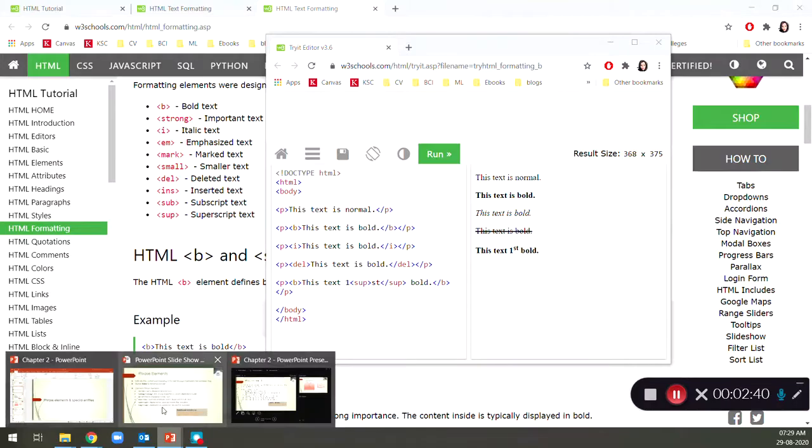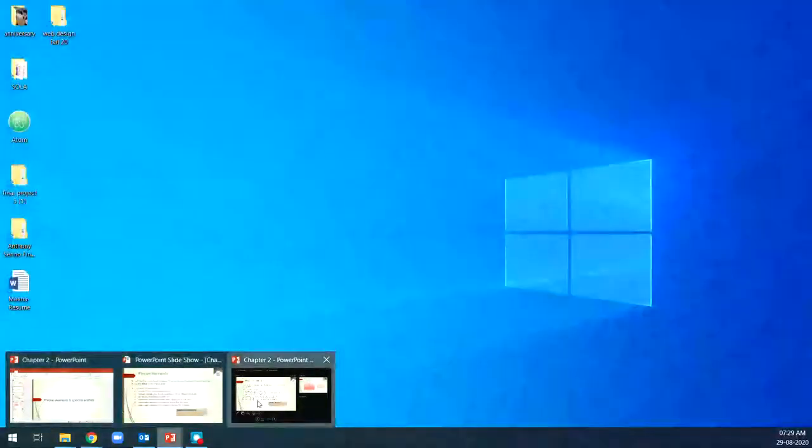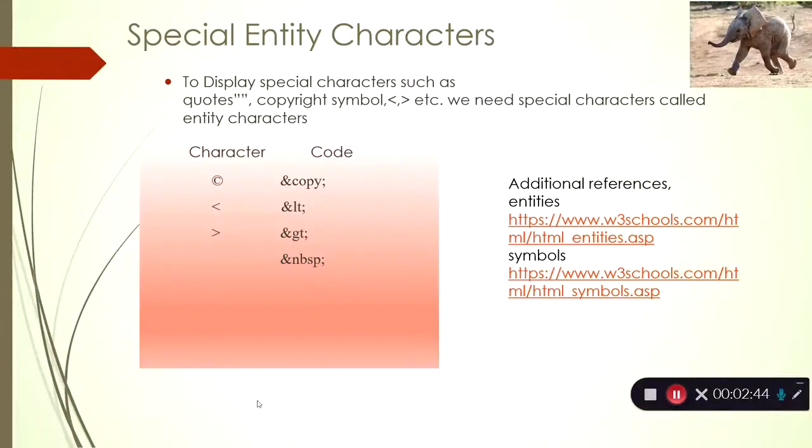The next type that we are going to see is the special entity character. What is a special entity character? Some symbols cannot be displayed in the web page. For example, you might have seen the copyright symbol in web pages, but we don't have a keyboard key for that, right? So how do we create these kinds of symbols?